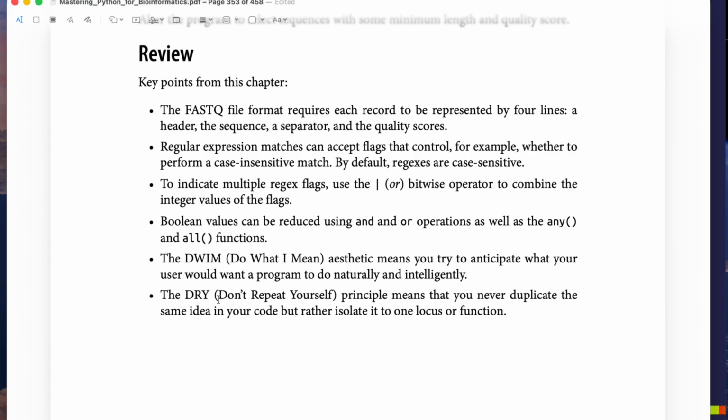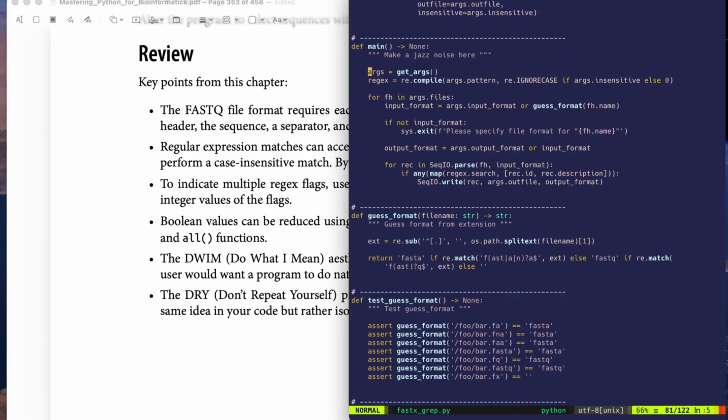And with don't repeat yourself, that was key in why I was trying to get that down to 1 line the way that I compiled this. I didn't want to have to repeat re.compile with the pattern twice. And so it led me down this rabbit hole to figuring out what this ignore case really was. And then I was like, oh, that's just an integer. So 0 is basically knocks it out. So that was